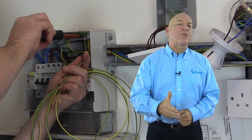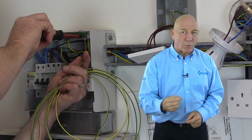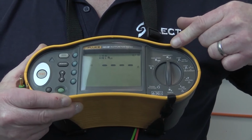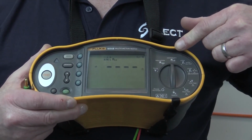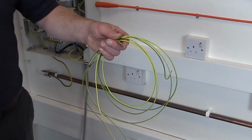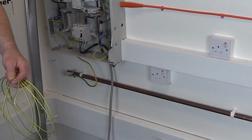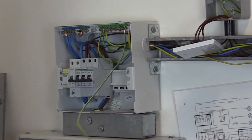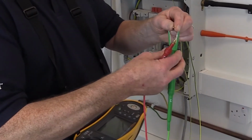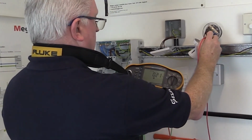So now let's have a look at test method 2. This measures the resistance of the circuit protective conductor, R2, only, and as per test method 1, it is carried out using a continuity test instrument or multifunction test instrument set to the continuity setting. To carry out this test, you will need a wandering lead, which is a length of single core cable long enough to reach the furthest point of the installation. One end of the wandering lead is connected to the main earthing terminal, with the other end connected to a test instrument lead. The other test instrument lead is then used to connect via a suitable test probe to the